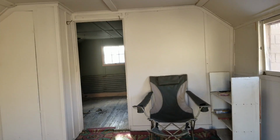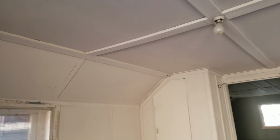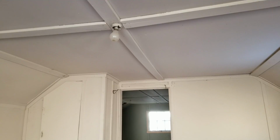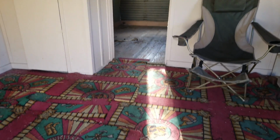Okay, well, it's really solid. I mean, look at these walls. It's been freshly painted. Ceiling is good. There's even a light bulb. I can't imagine there's electricity here. I guess you have to bring a battery and hook it up. But what's really interesting to me is that the motif with the carpet continues, and you can see it's from